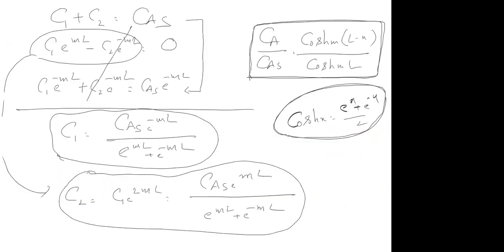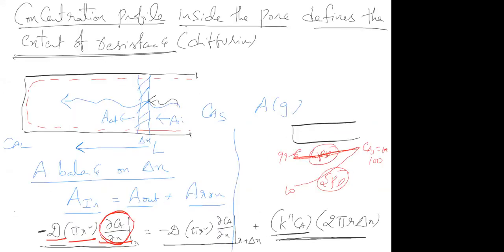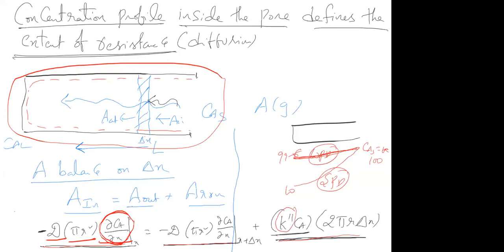So what we have done overall is, I have taken a simple pore, something like this, and I am deriving a concentration profile. How do I write a concentration profile is, I write an A balance over a small strip. So I take a small strip of delta X, I write an overall A balance, A in equal to A out plus A reaction. What is A in is this diffusion, A out is this diffusion, and A reaction is this. Why am I writing K double prime? Just to tell you that this K double prime is based on surface area. So I am trying to explain this derivation again.